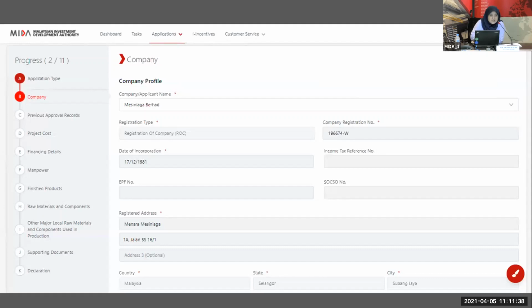Similar to the details of the contact person, you have to update the contact person details first, then only it will be reflected here. Because all the information in the company section is populated from your company profile. Make sure your company profile is updated with the latest information, then only you start to create the application. Again, board of directors and contact person can only be updated in the company profile. You cannot update the board of directors or the contact person in the company section in the application form. Okay.